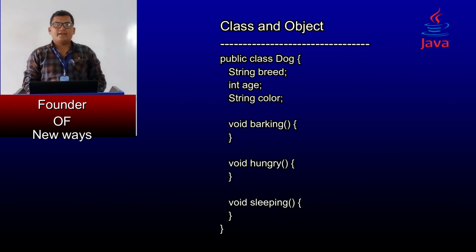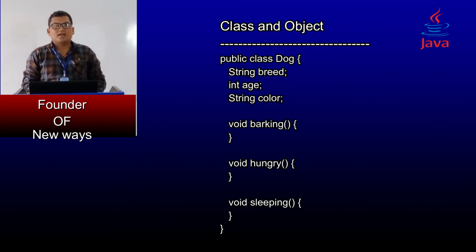A class can contain any of the following variable types. First, local variables. Variables defined inside methods, constructors, or blocks are called local variables. The variable will be declared and initialized within the method, and the variable will be destroyed when the method has completed. Second is instance variables. Instance variables are variables within a class but outside any methods. These variables are initialized when the class is instantiated. Instance variables can be accessed from inside any method, constructor, or block of that particular class.